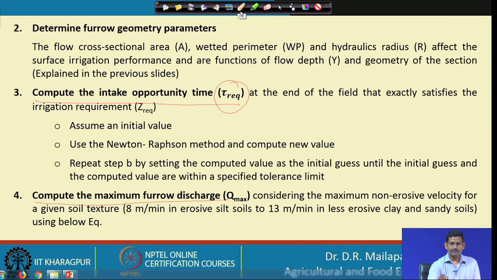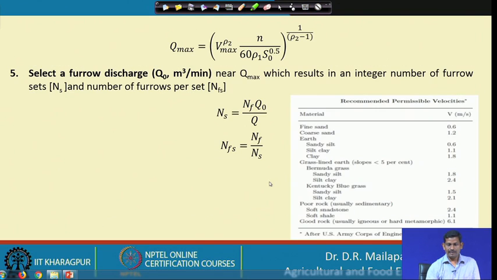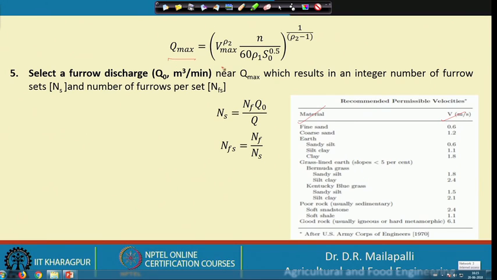That is the meaning of this. And if you see this table, it clearly shows the velocities, which are non-erosive velocities for different soil types, the velocities we expect in different soil types to be non-erosive. So, Q max can be estimated using Manning's roughness equation, Manning's equation,